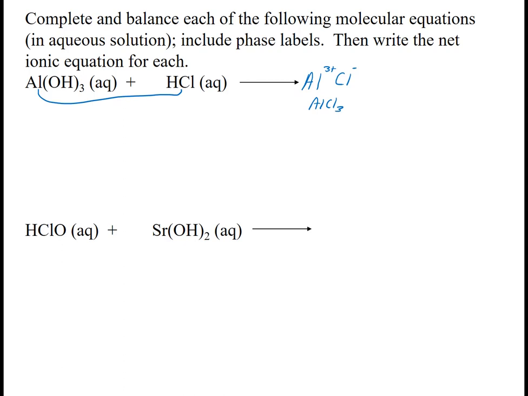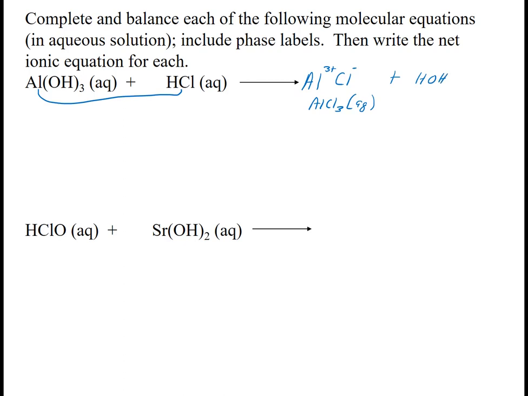AlCl3. So I don't get the subscripts from this side of the reaction. The subscripts come from the charges of the ions. And these are the same charges as we see over here. So when we first introduced ions, we talked about the crossing. The 3 here goes here. The fact that there's a 1 here goes there. This has no subscripts, so it's either 1 and 1, 2 and 2, but hydrogen being in the first row is a +1, chloride being in the last row is a -1. And this is going to be soluble, so aq is the phase label, plus the HOH, if you would like to do it by double replacement,